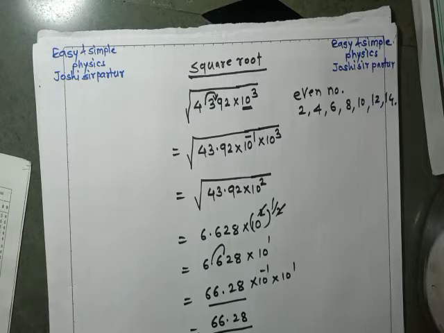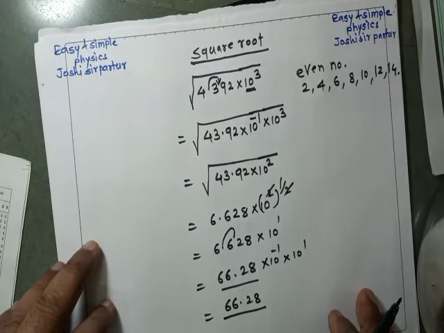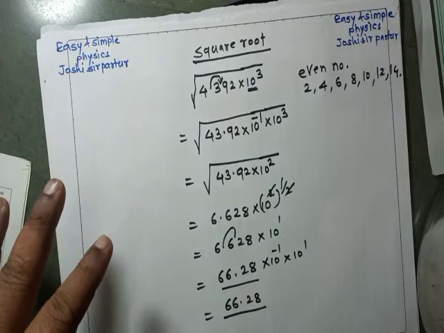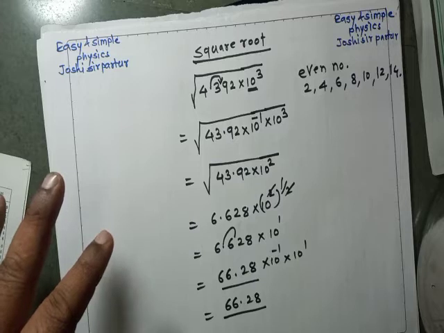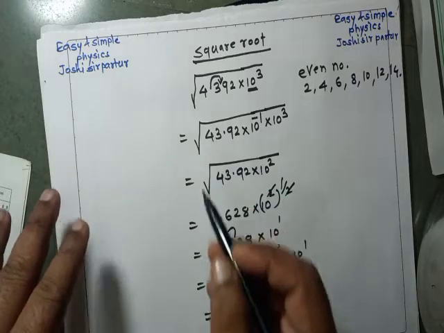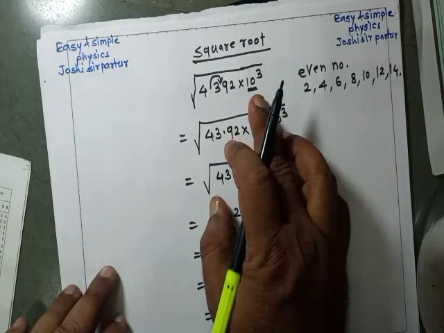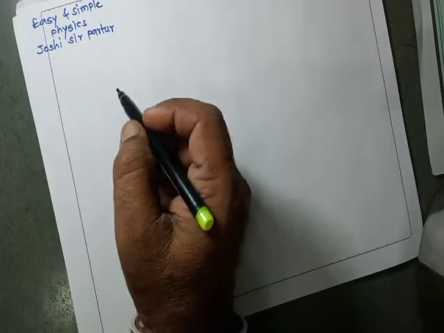So we can find the square root using the square root table in the log table. But there is another way, using logarithms: the log will be taken, then the antilog will be taken.